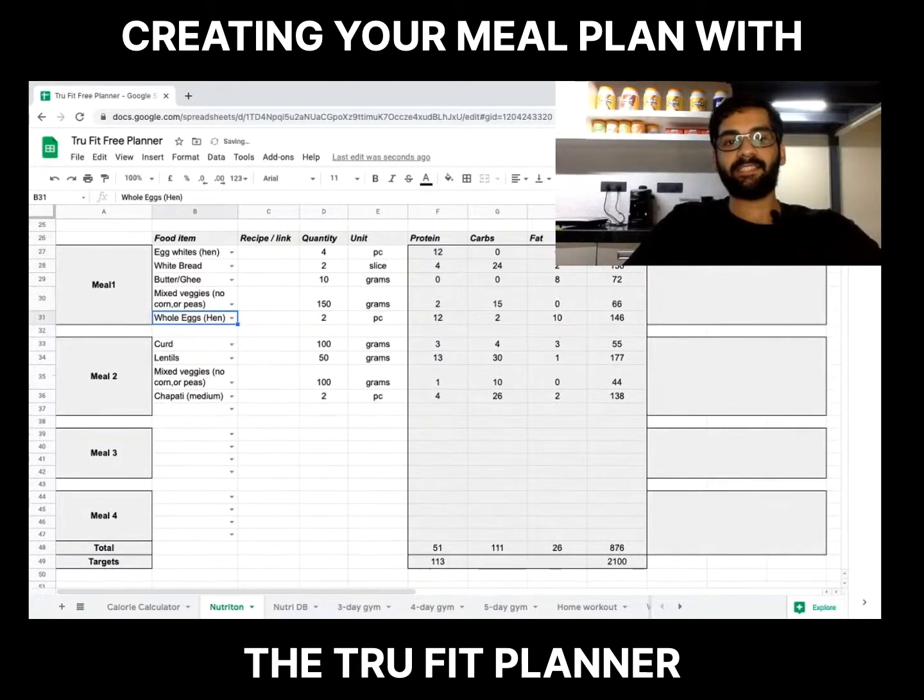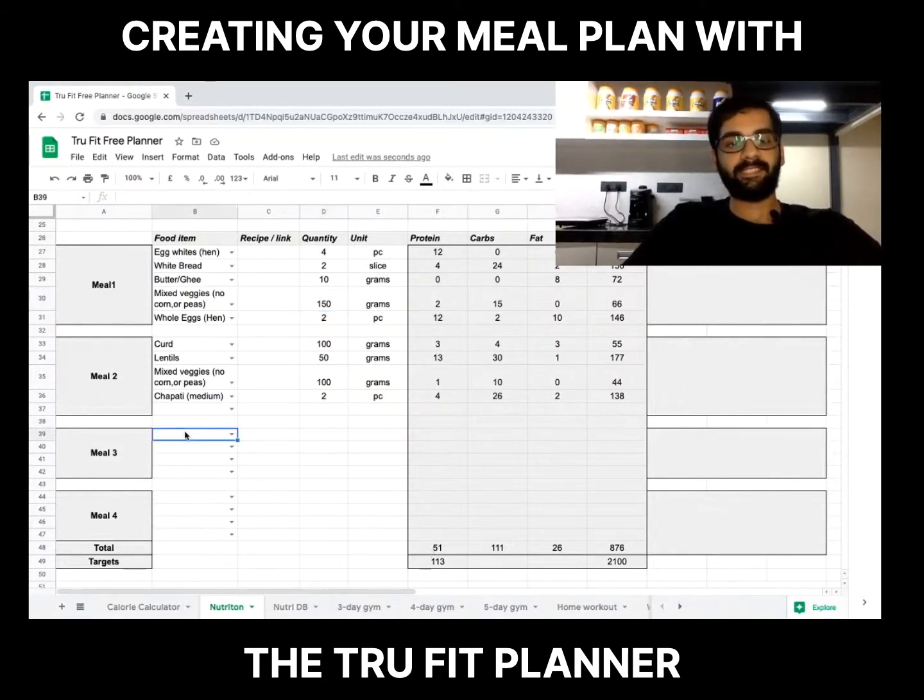So let's say there is 150 grams of veggies in the omelette, 2 slices of bread, 10 grams of butter maybe to toast it up, to cook the eggs. In lunch, let's say this curd and some lentils being cooked; these are all uncooked variants, because after cooking, the majority of food items will expand in weight. So let's say my lunch is curd with some dal and chapatis, and some veggies used in the dal. So yeah, this brings my breakfast and lunch to 876 calories and 51 grams of protein.